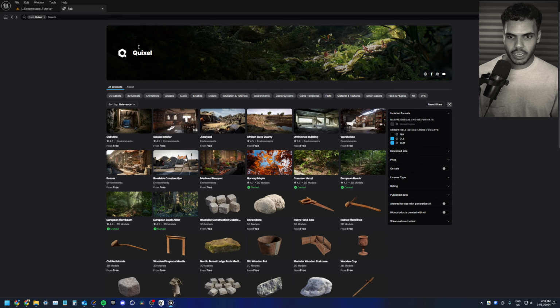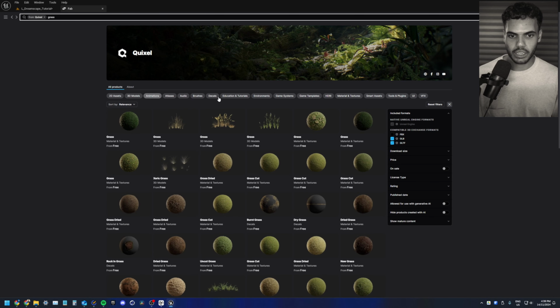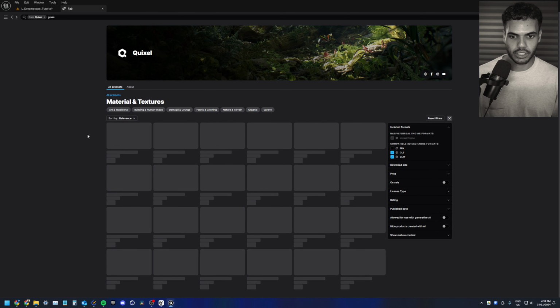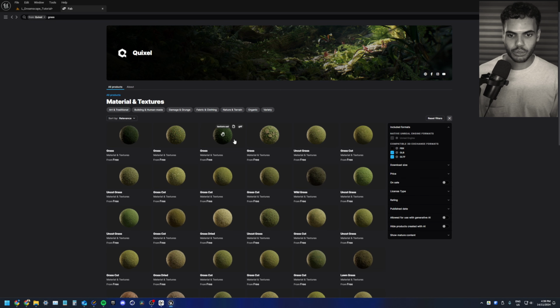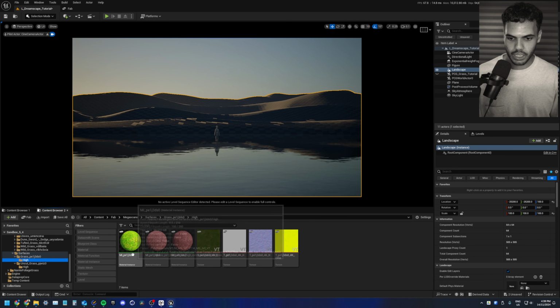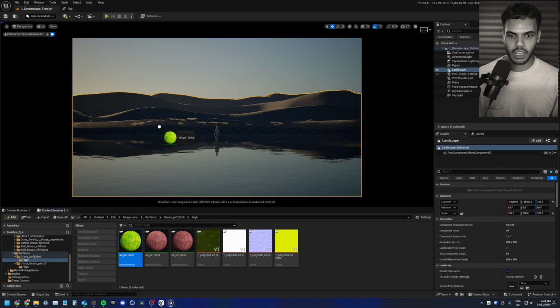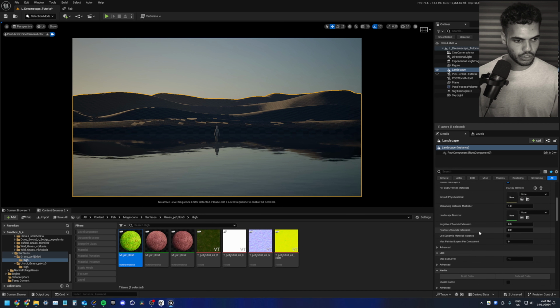It's a little tricky now because if I type in grass and then I just limit it to materials and textures, there's a bunch of materials called grass and I'm not entirely sure which one mine is because they've kind of gotten rid of these codes, which is annoying. So I'm pretty sure it's the first one or the third one. It's one of those two, but what you can do is just download it